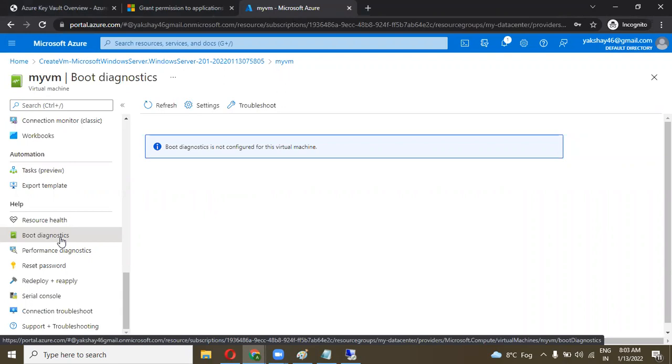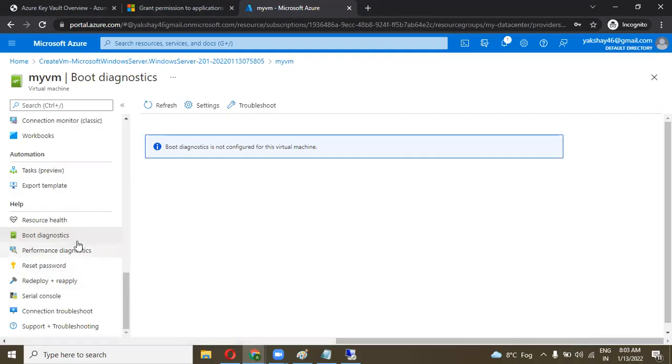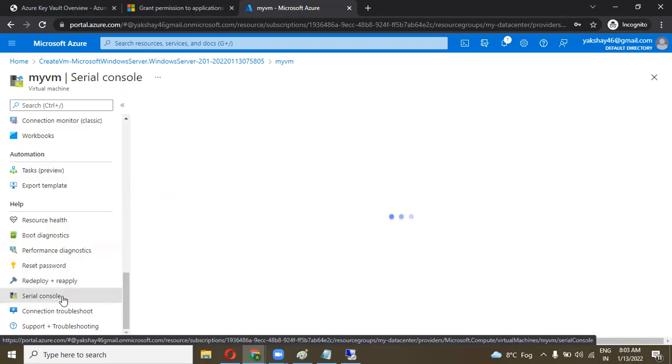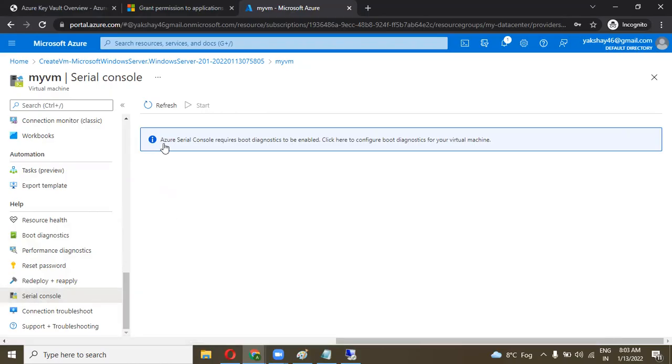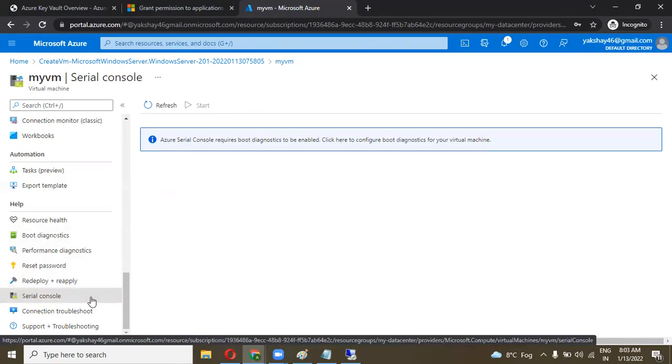It is in a text-based format. Here is the serial console. To enable the serial console, it requires boot diagnostic. You can see Azure serial console requires boot diagnostic to be enabled.